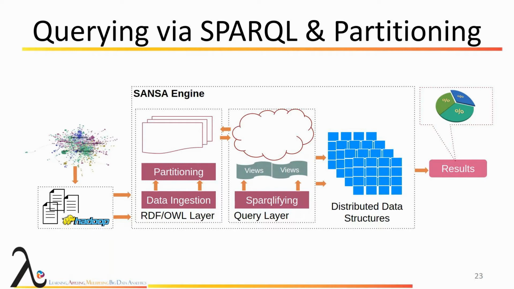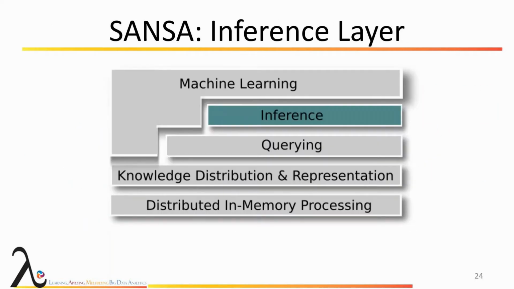But the takeaway message here is that the user can adapt completely the way the queries are executed. So it's easy to have bespoke solutions at that point and at that stage. I think that now Hajra will give a bit more details on the inference and machine learning layers.